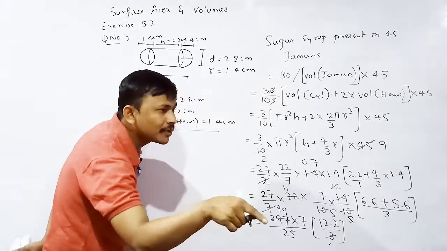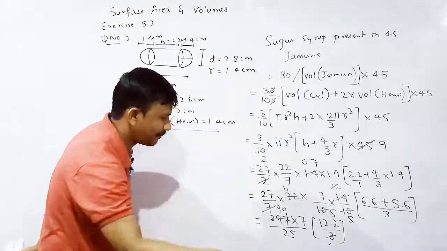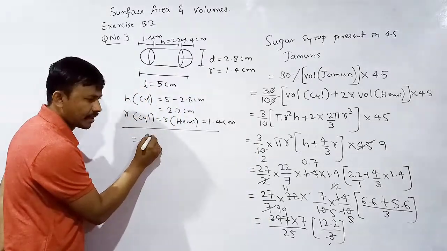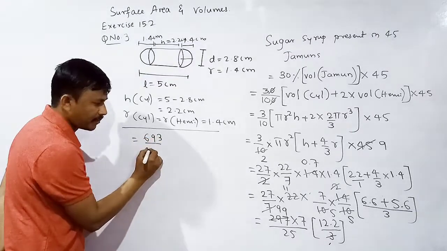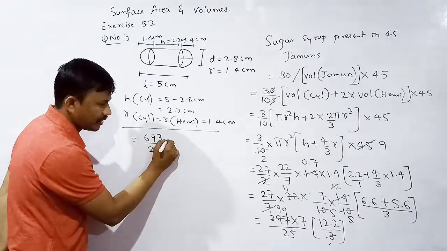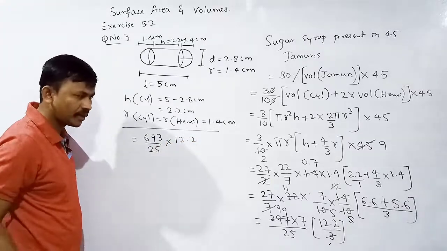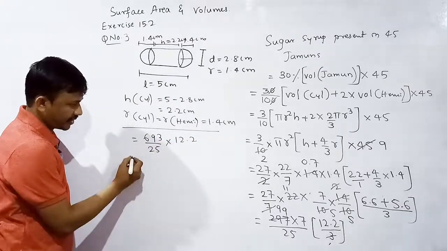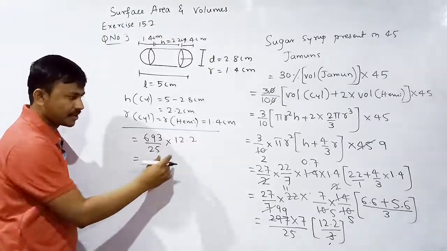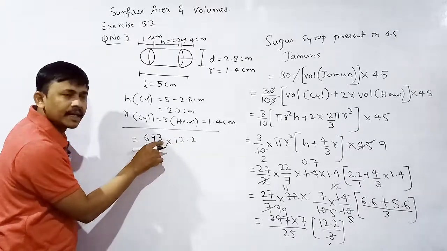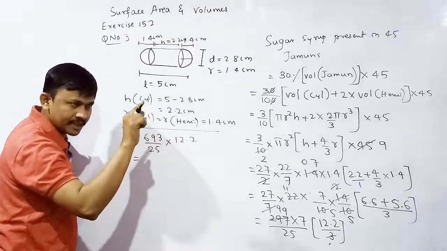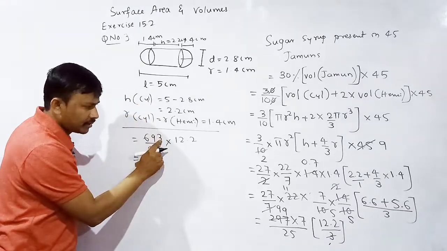Minus 7, 693. 693 divided by 25 into 12.2. Correct, okay. This is equal to, I will do the multiplication, look. 12 3s are 36, 1 0, 360. 3 2s are